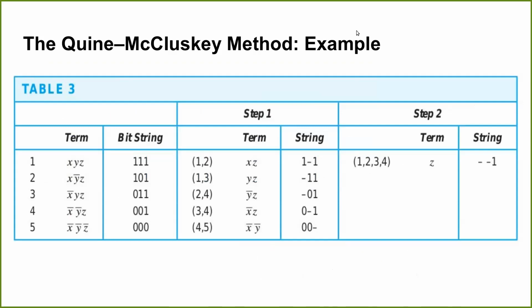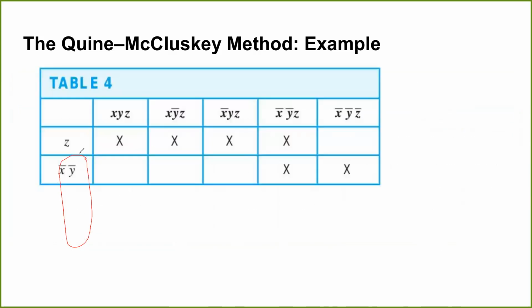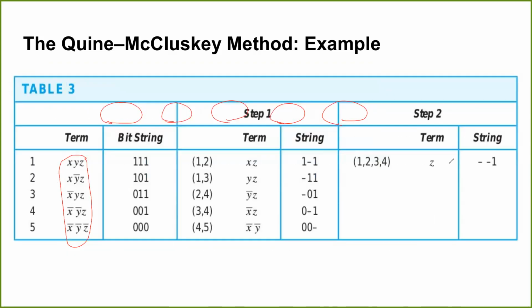So you can see the expression we had, these 5 original terms. These 5 terms will become your column headings. Now, what you do is you see what terms I got from reduction. We know that out of all these 1, 2, 3, 4 terms, all of them were replaced by z. So z is one term, right? What about this 4 5 group?